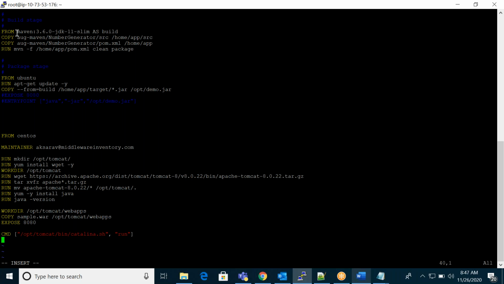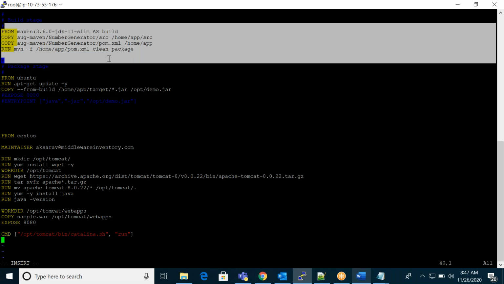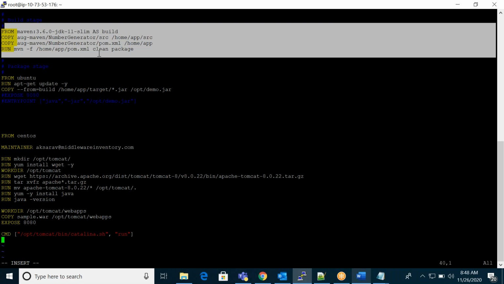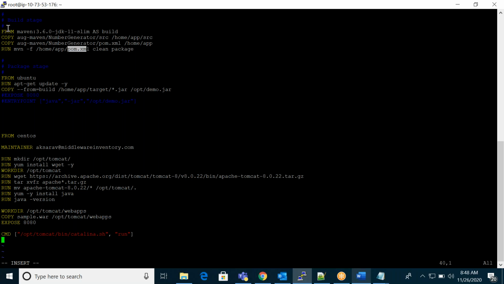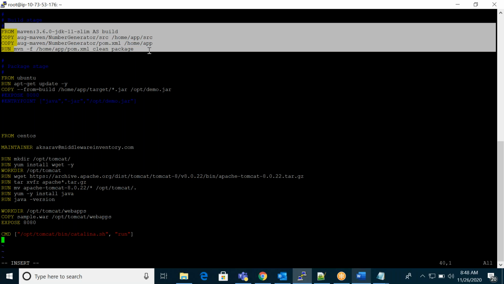So here, if you see here, any idea about these things under Maven, the build? In this stage, what I'm doing using Maven, I'm converting my source code into some jar file. So if you have confusion here, these things we will discuss in the Jenkins. What is XML file? Simple. Here, I'm trying to convert my source code into jar file using Maven.